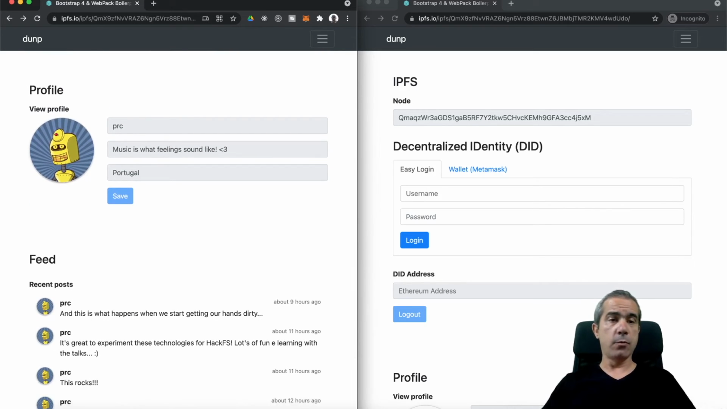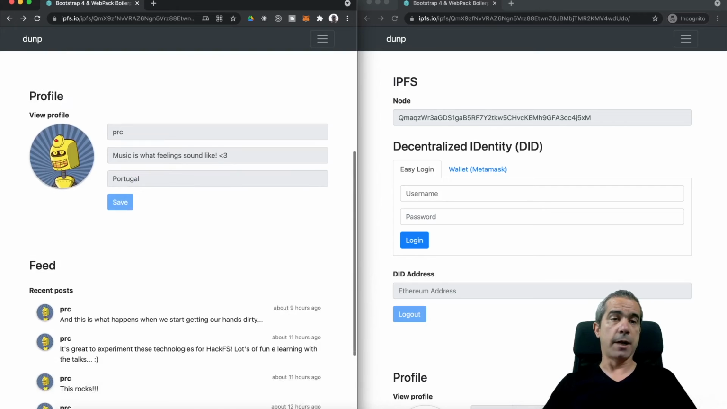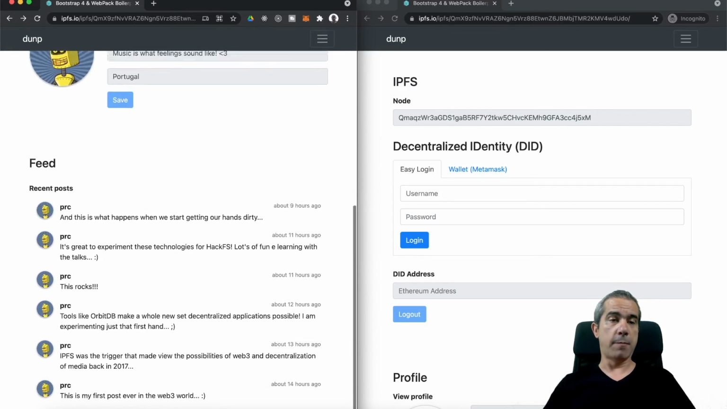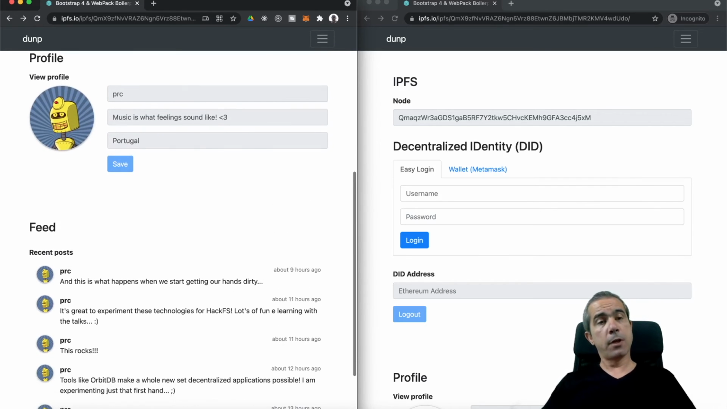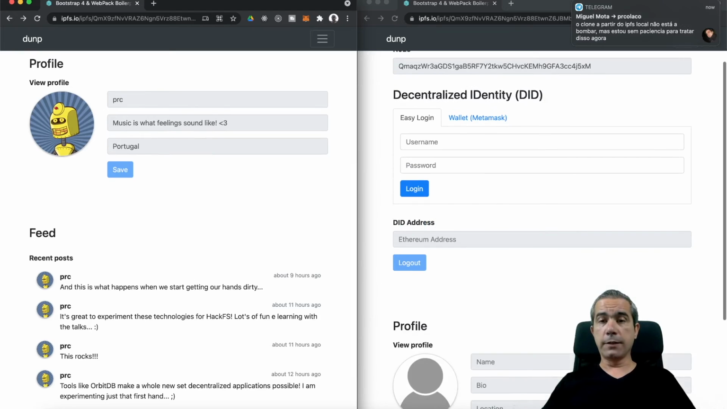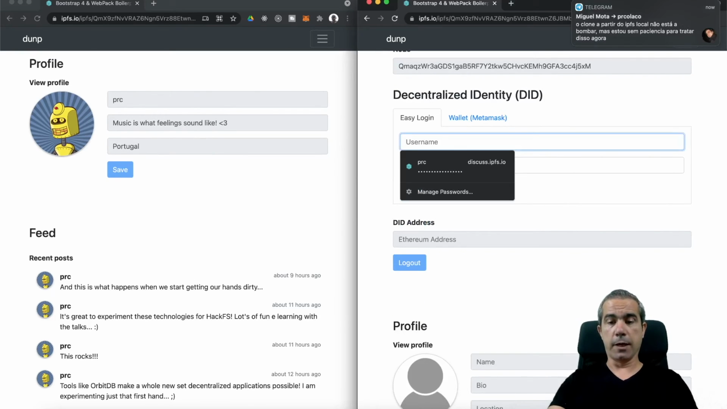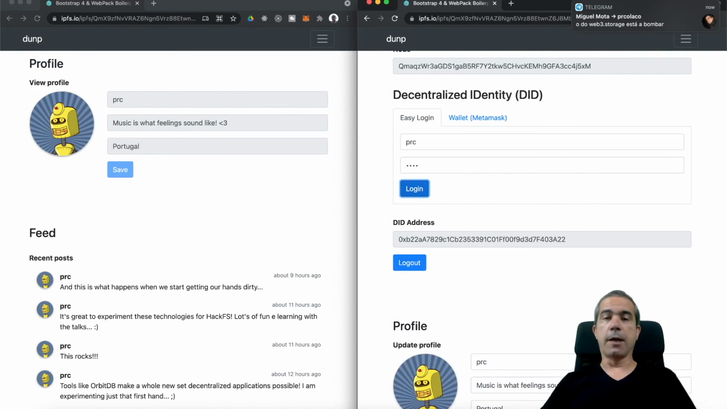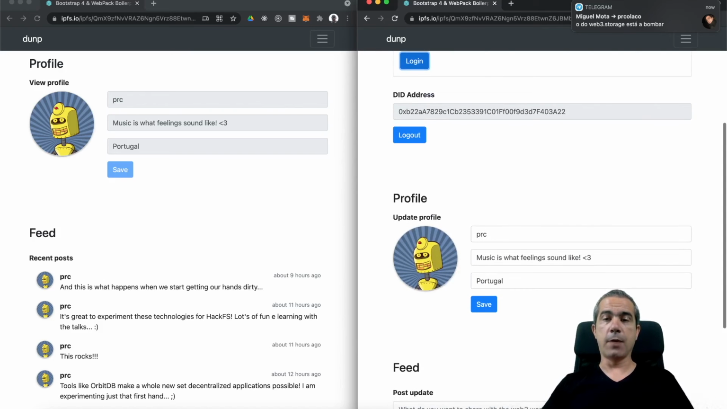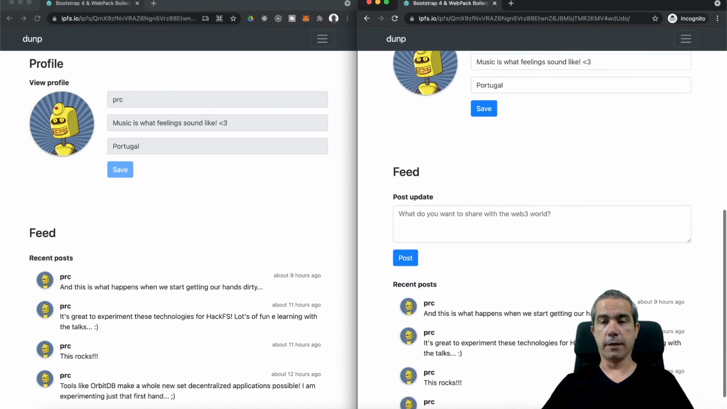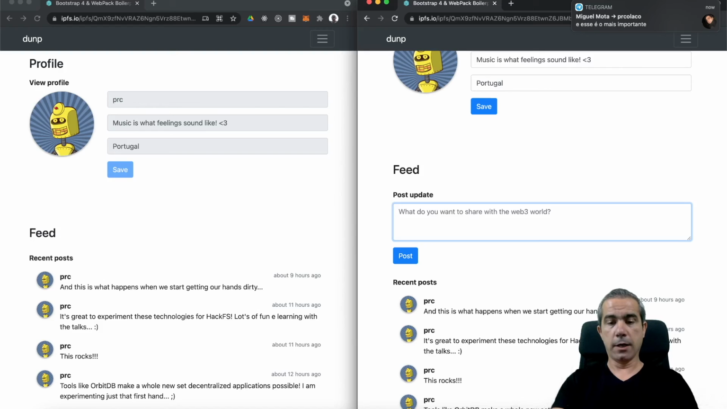And right now we are not able to edit the profile because it's read-only, because it's not my account there. And you can see my posts here. So on this right side, I will log in with my account. It will generate my Ethereum address, and now I can write something here and edit this, but I can also